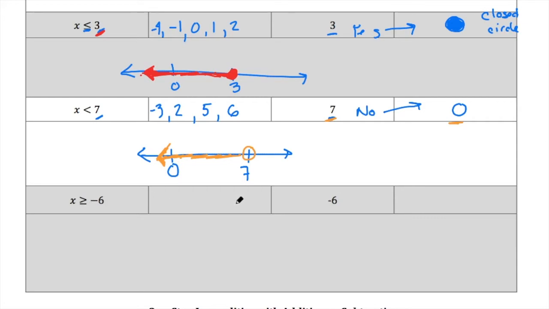x is greater than or equal to negative 6. Some values that would work here: negative 5 would work, negative 3, 0, 4 would work. What about negative 6 itself? Yes, again, it does work because we have that equal to bar. Yes, that corresponds with a solid filled-in circle because we can mark that point as a value that makes